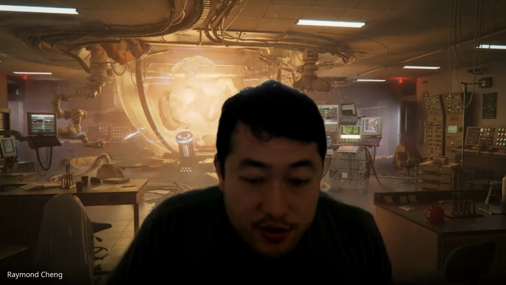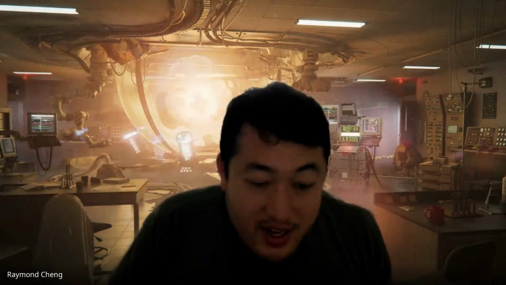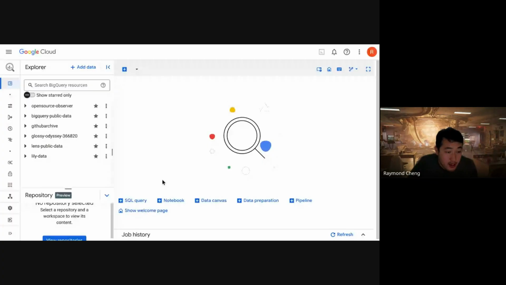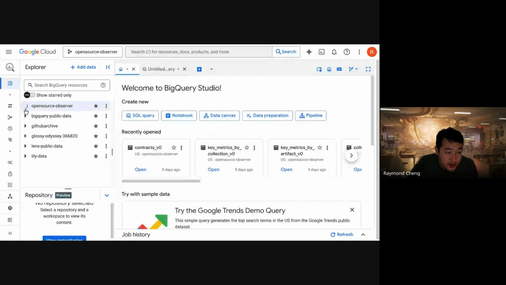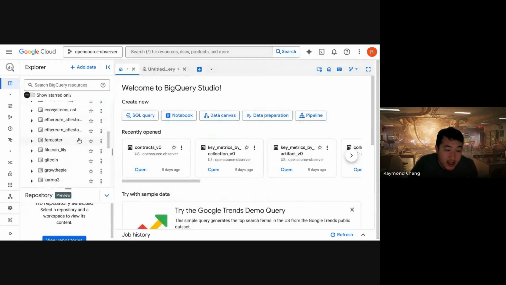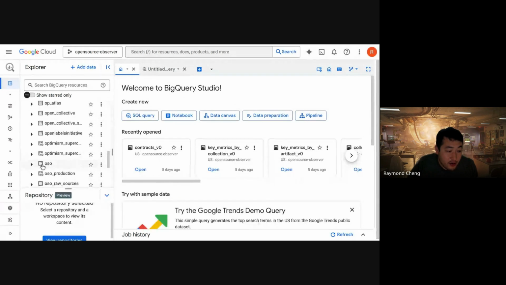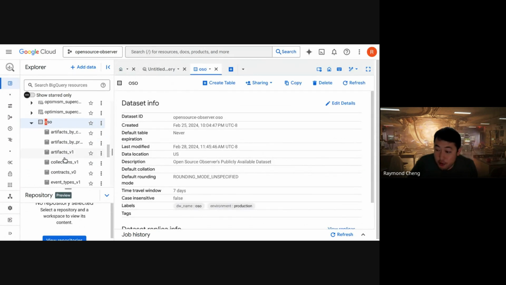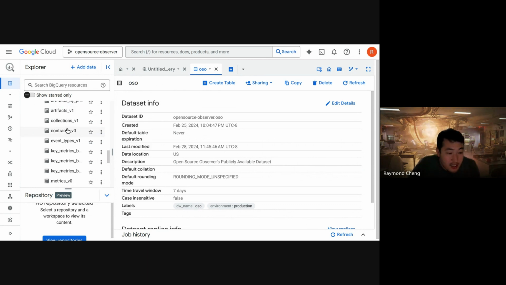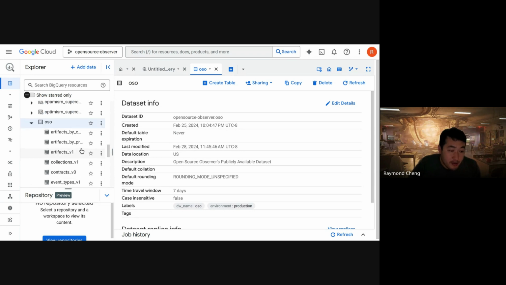Cool. Pretty straightforward. The next thing is just an FYI for people, because I know things have been thrashing a little bit. Previously we had this metrics data set, and I deleted it, so you'll notice that it's not there anymore. Now in the OSO data set, this is the BigQuery exporter that Javi wrote. Thank you, Javi, for writing that. I just redirected things to here. These are all the metrics, and now when you run the BigQuery export job,